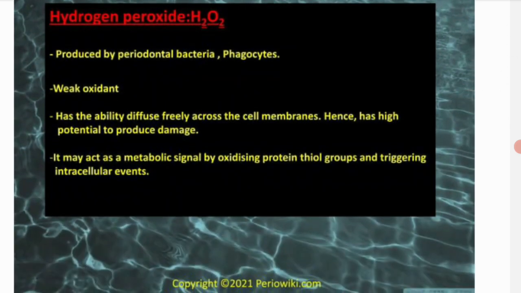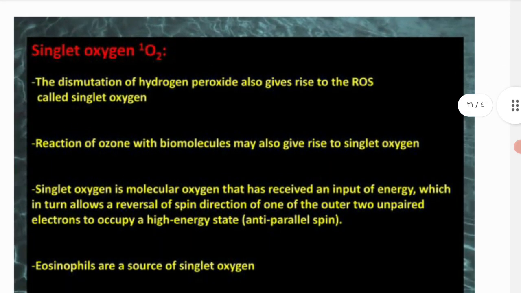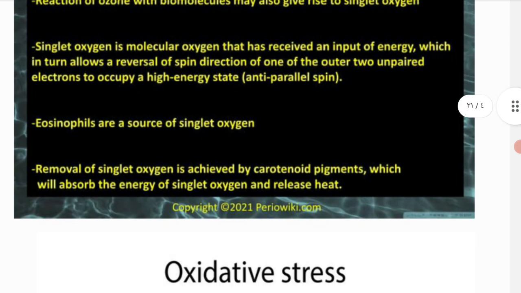Hydrogen peroxide, produced by periodontal bacteria, is a weak oxidant that causes damage to the cell membrane by oxidizing protein thiol groups and triggering intracellular events. Singlet oxygen, this is so important. The reaction of ozone with biomolecules gives this singlet oxygen. Singlet oxygen gives ROS. Okay, the eosinophil is the most